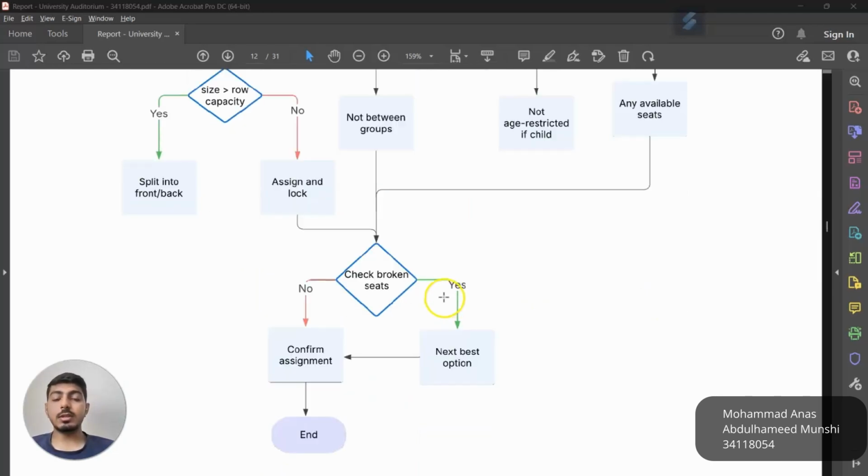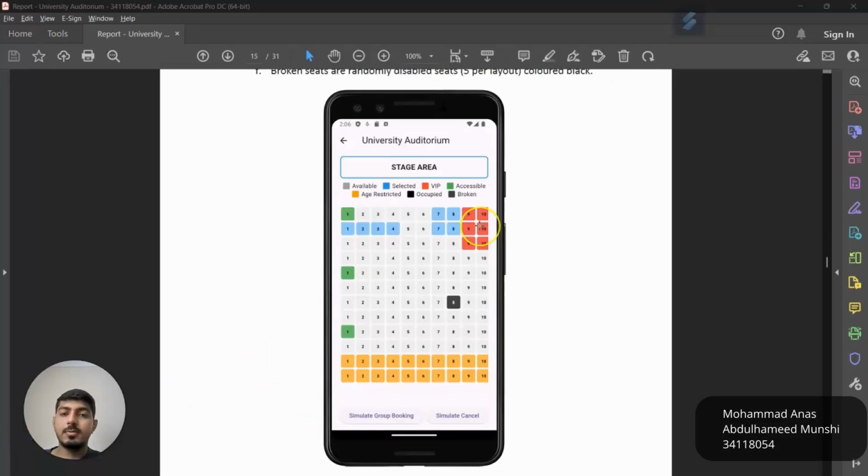And at the last step, it checks if the seat is broken; if so, it's not allowed to book that seat. If the seat is not broken, then it confirms the assignment and gives the seat. Here is the overall seating arrangement in an Android emulator. I have installed it in Android Studio with the help of the Android emulator. This is the overall UI of the seating arrangements,